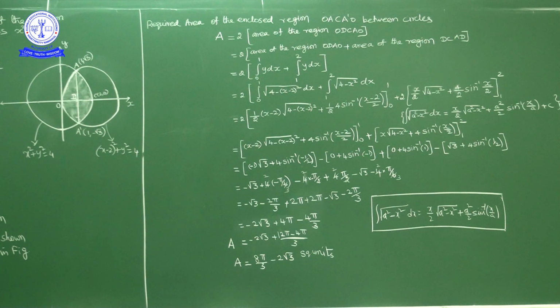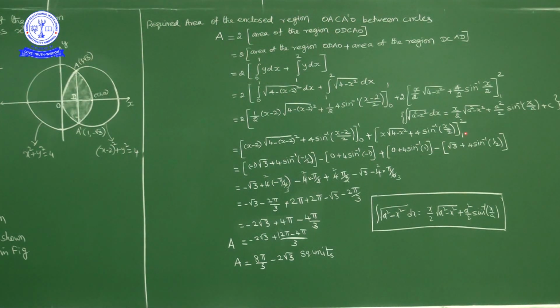Okay, but this is regarding the first integral, by substituting upper limit 1 in place of x minus substituting lower limit 0 in place of x. Now about the second integral. In place of x I will substitute 2. So what we get here: 2 into square root of 2 square minus 2 square, that is 0. So this part is 0 plus 4 into sin inverse of 2 by 2. 2 by 2 is 1, no? So 4 into sin inverse of 1. This is by substituting upper limit 2 minus lower limit 1.